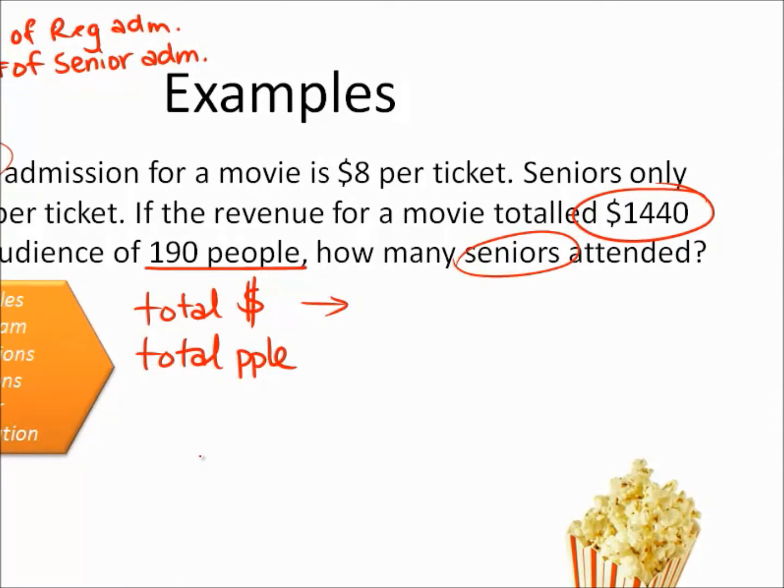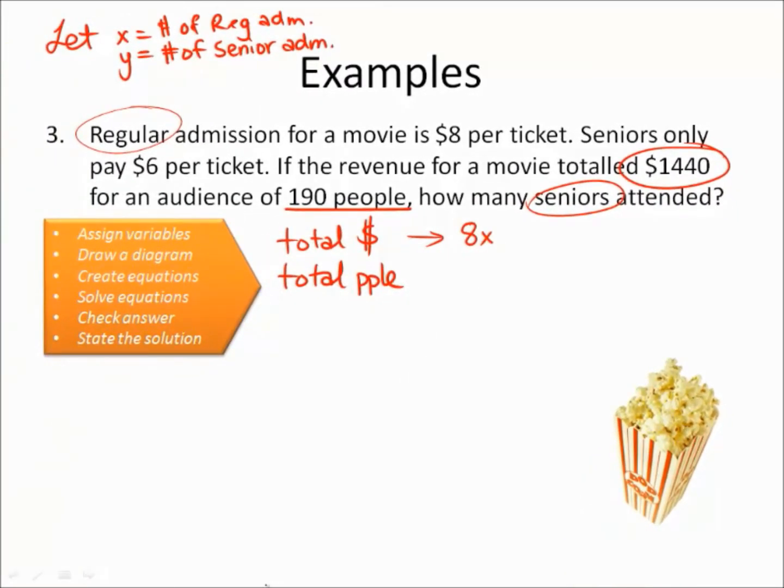Well, we know that $8 per ticket for regular admission would be 8 times X, because X regular admission tickets were purchased, and we add that to the amount of revenue coming from the seniors, which would be $6 per ticket, and seniors were Y. So, together, the money that the regular admission tickets gave plus the money that the senior admission tickets gave